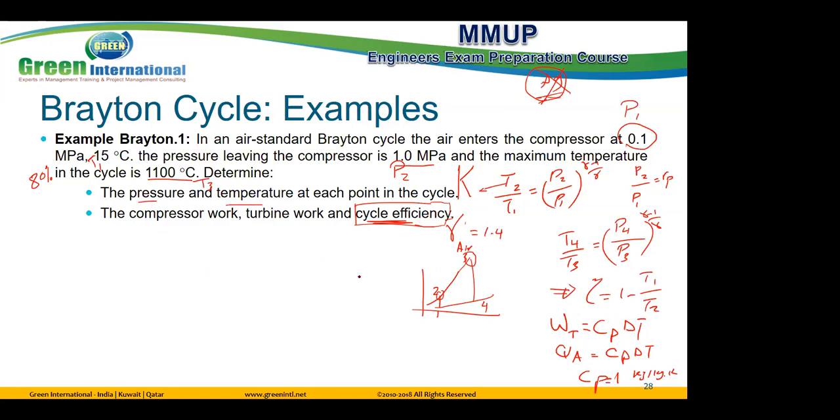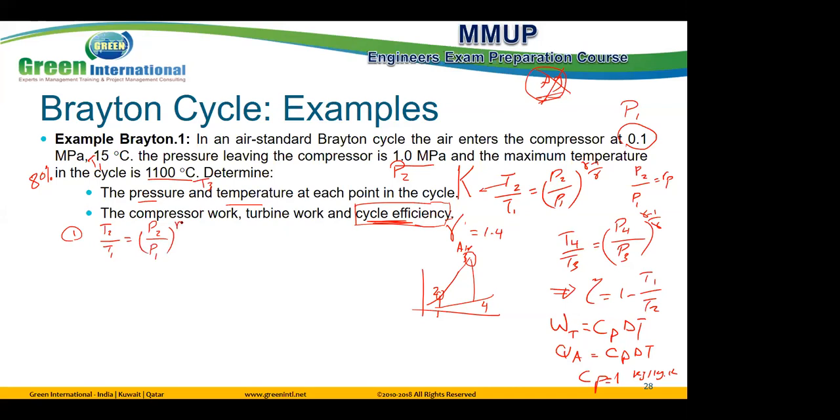Pressure is easy because P2 is P3, and we have P2. It means P2 and P3, and P1 is P4. For pressure there is no problem, but for temperature we need to substitute into these two equations. T2 over T1 equals this equation to get T2, and again we apply this equation to get T4. That's it. So for the first step, we calculate T2 by T1 equal to P2 by P1